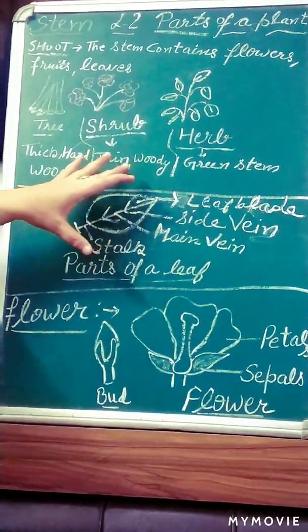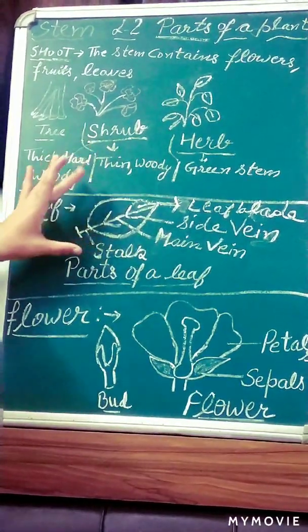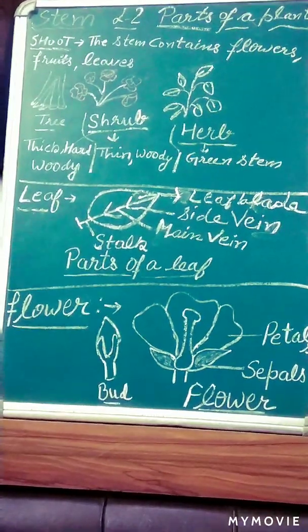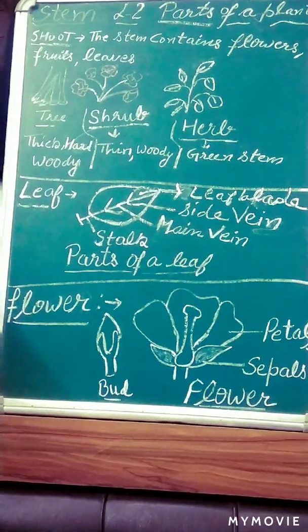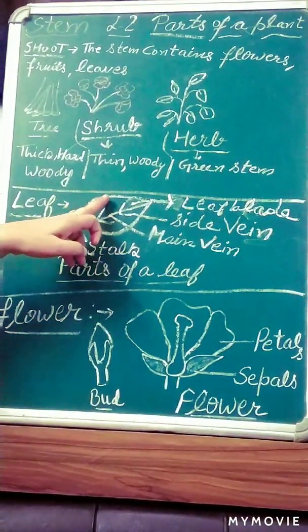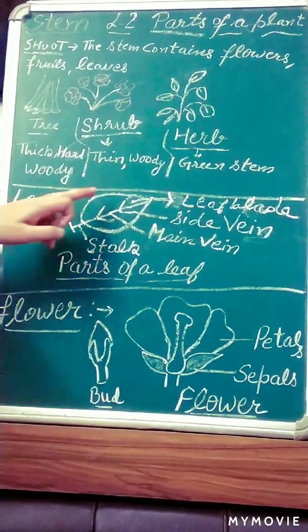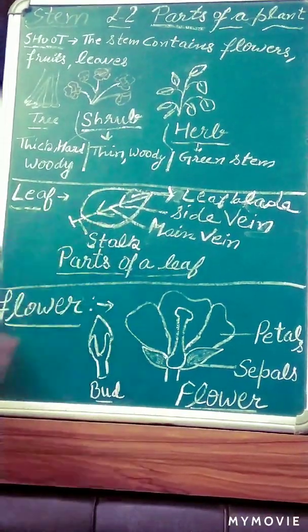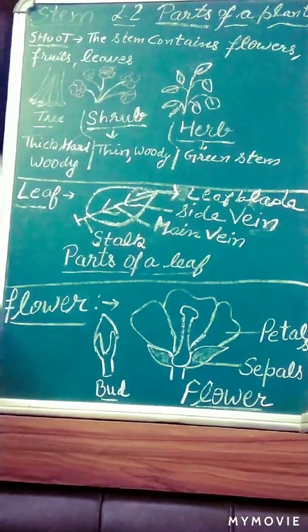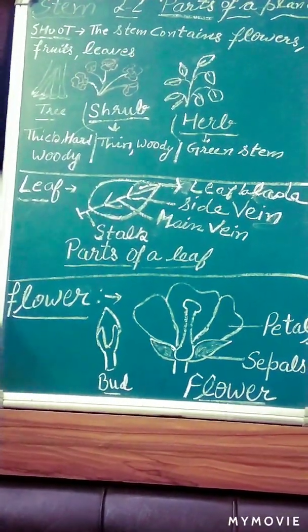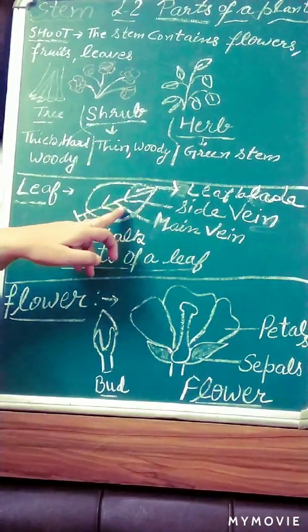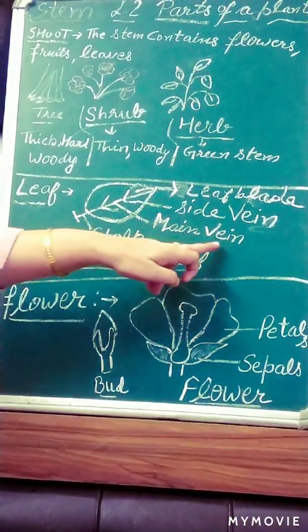This is another part of the leaf, the broad flat part. That flat part of the leaf is called leaf blade or lamina. On the surface of the leaf, many small pores are present. On the lower surface of the leaves, small pores are present that are called stomata. Plants breathe through stomata. The whole leaf blade is covered with thin tubes called veins.